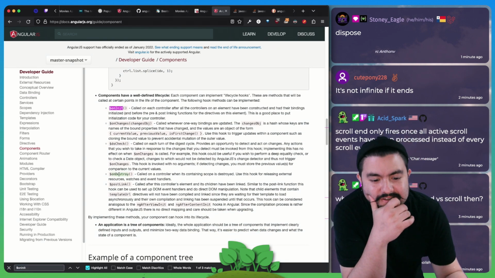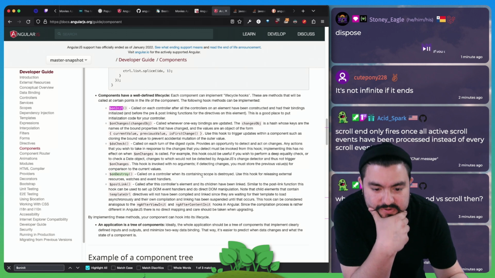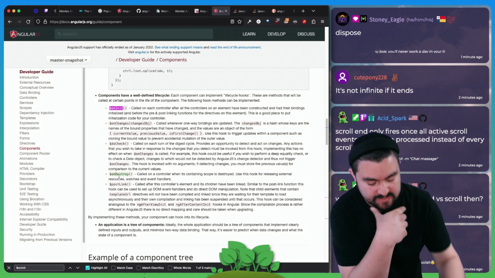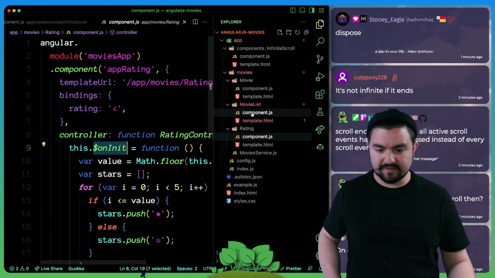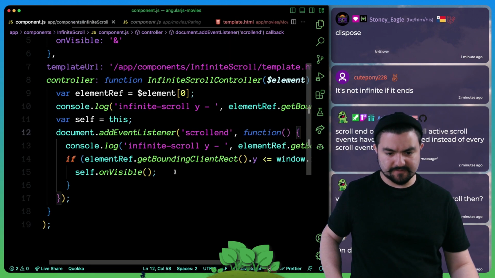Oh, here it is. Okay, on destroy. Called on a controller when its containing scope is destroyed. Use this hook for releasing external resources, watches, and so on. Whew, okay, that was hard to find, but we found it. So